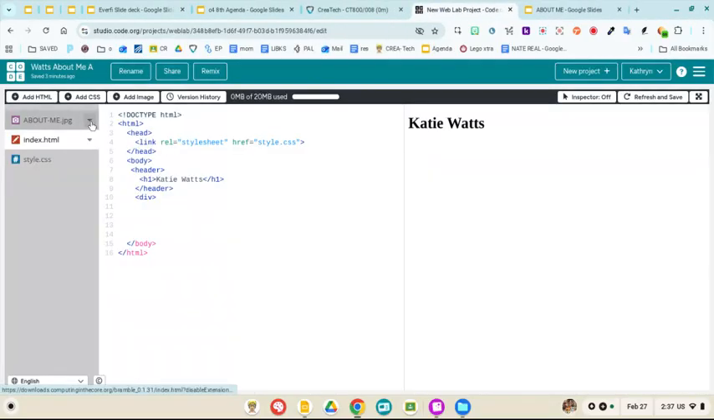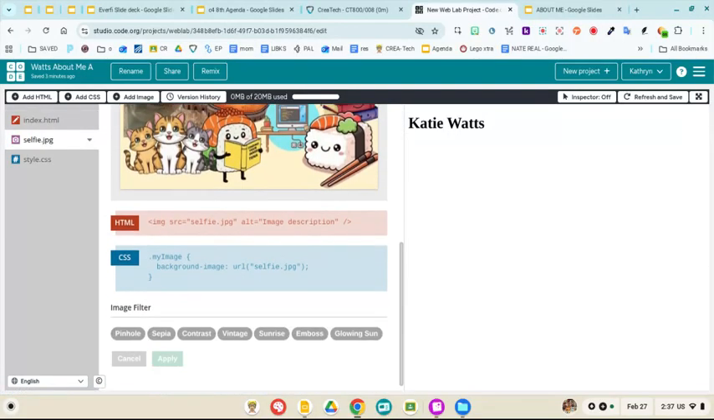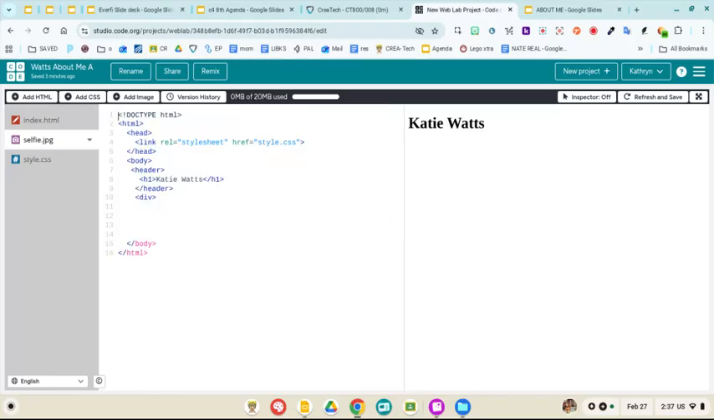Okay, we're going to rename it with this little black triangle, rename. We're going to call it selfie. And don't delete the JPEG part, that stays, or the PNG. The file name has to stay. We're going to click on it, scroll down. We want the red box, which is the HTML. Copy, highlight, Control C, come back to our index, Control V